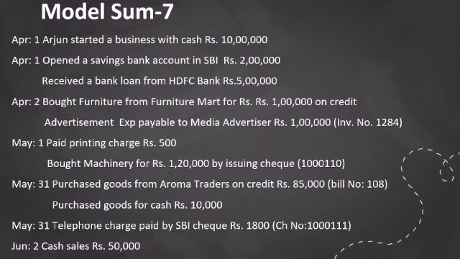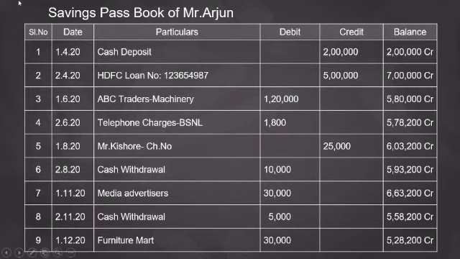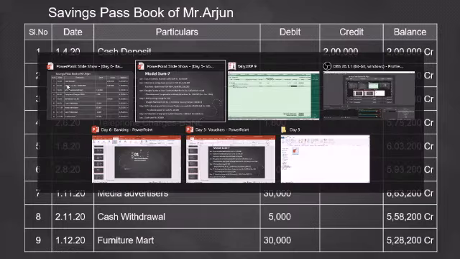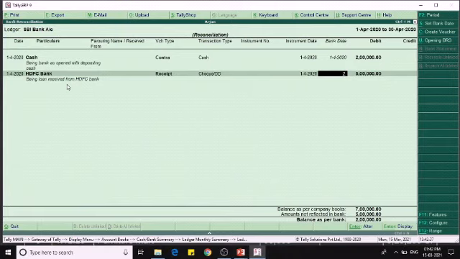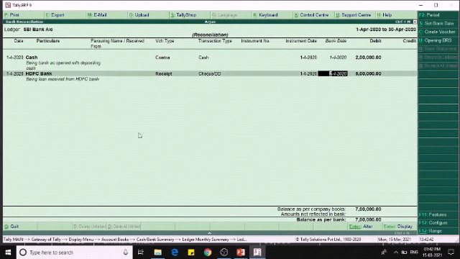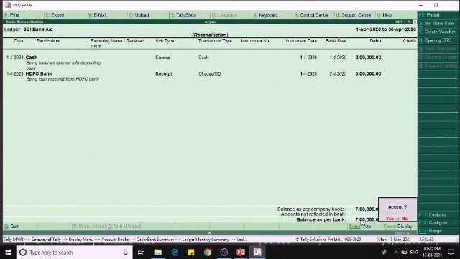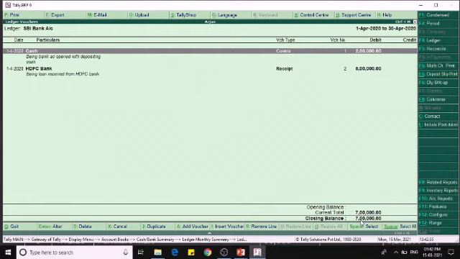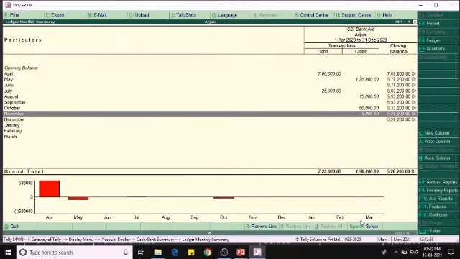And then on the 1st of April we are receiving the bank loan as per our company's book, but as per our passbook we are receiving it on the 2nd of April only. Okay, so on the 2nd of April we are receiving. So after giving the bank date, the amount in this column is added to the balance as per passbook. So by giving yes, the passbook is reconciled for the month of April.